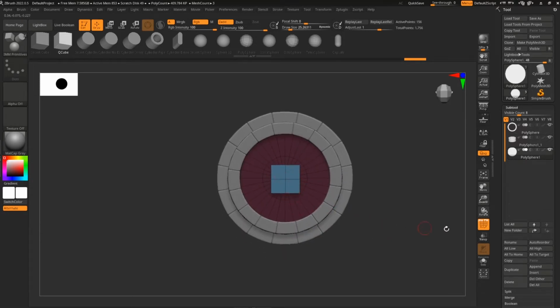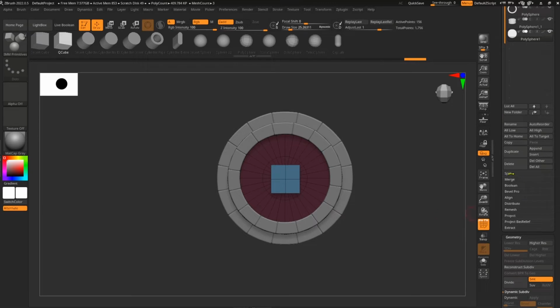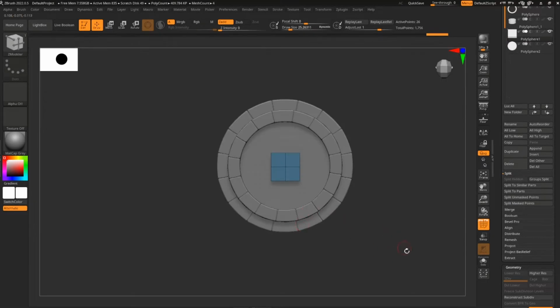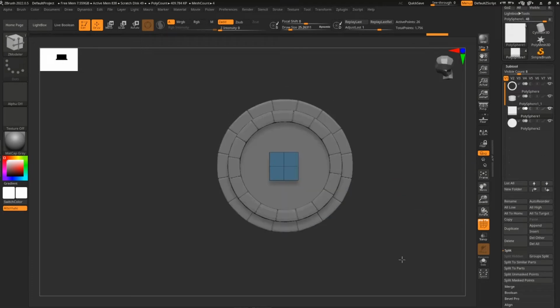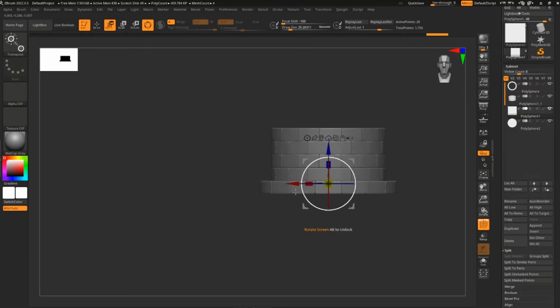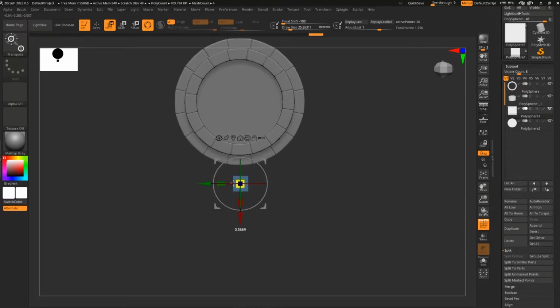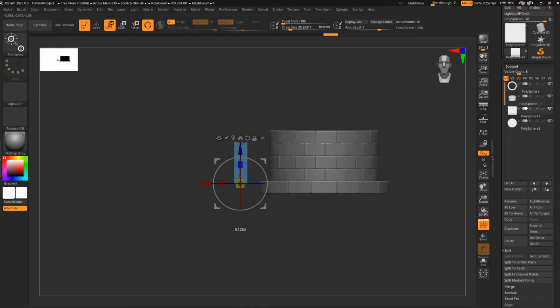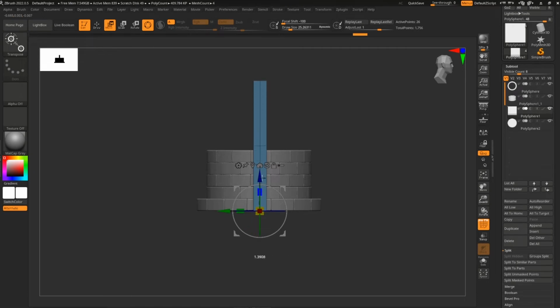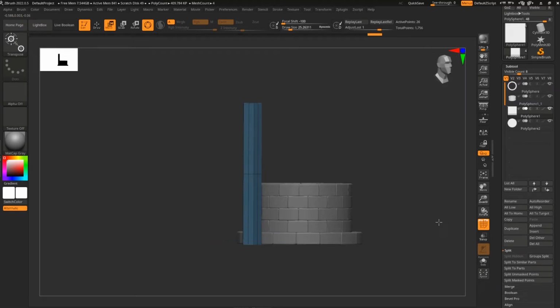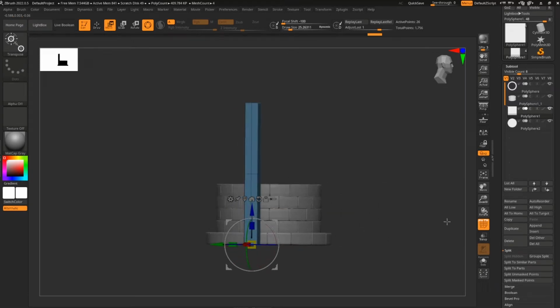So I need this in a separate subtool. So I'll go under the split option, split mask points. So now let's get back to our zmodeler brush. Now let's make sure that it's outside. So I'm going to move it over here, scale it down. Now let's scale it up properly. Okay, so I want the height of this object like this,